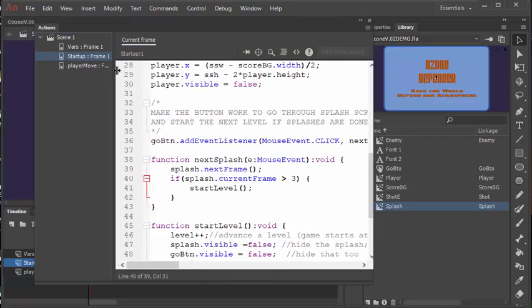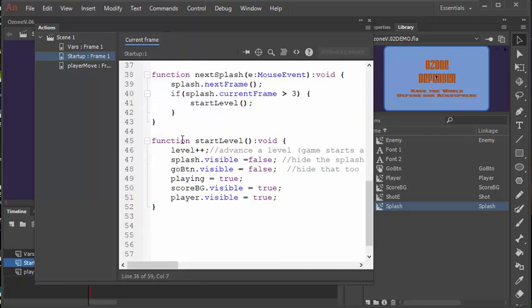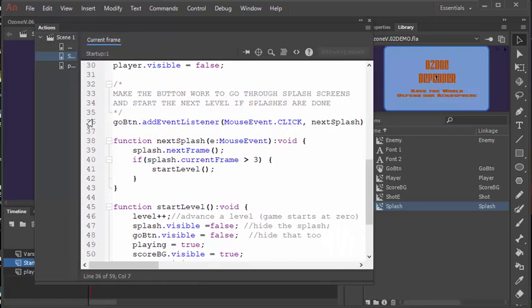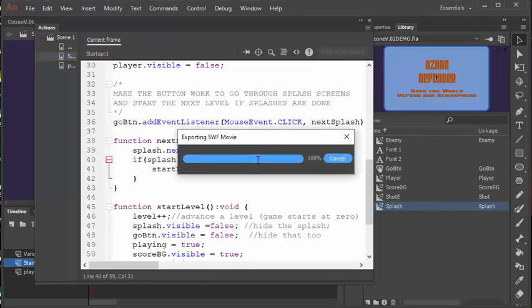If you go to the startup layer, where all your startup actions are, it's one simple thing you've got to do. In your next splash screen, what this does is it says, okay, when they click this button, the mouse event, when they click the next splash button, the go button, next splash will go through the frames until frame 4. Now frame 4, which is greater than 3 as it says here, isn't actually our last one, because we should have 3 frames, and the third frame, which is not greater than 3, is the directions. So let's just change this to 4, and now you're going to have,